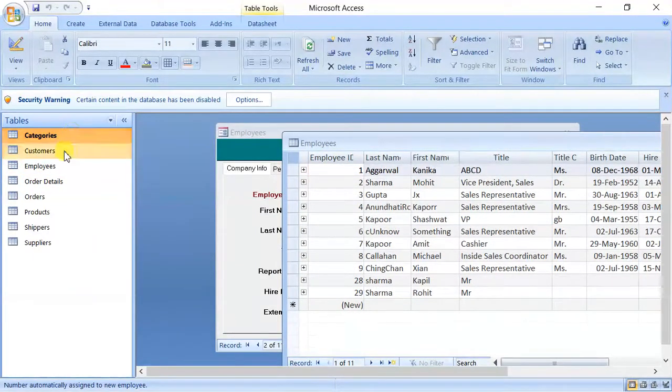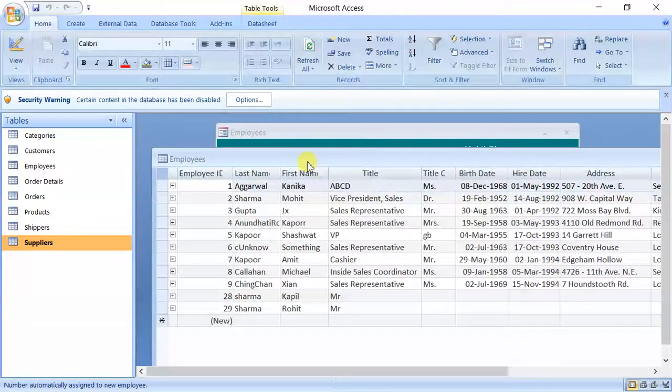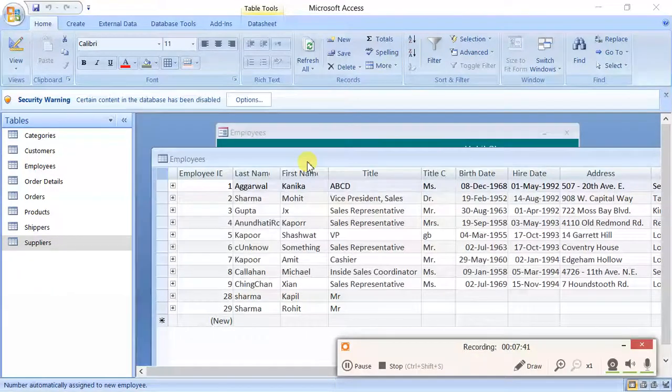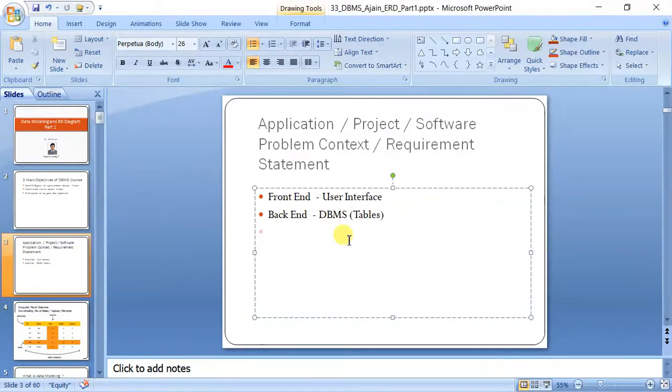Now you know what a table is and how to create a table, but now we have to learn how to decide the number of tables for a project. You can see there are 8 tables in the project. So we have to decide the number of tables required for a particular project.